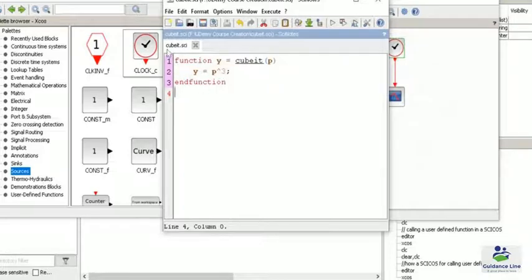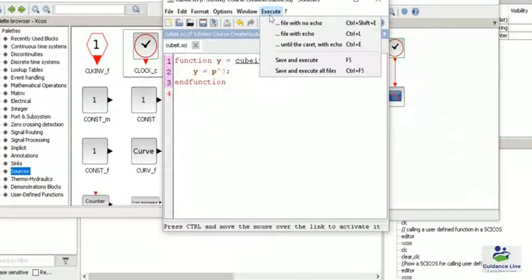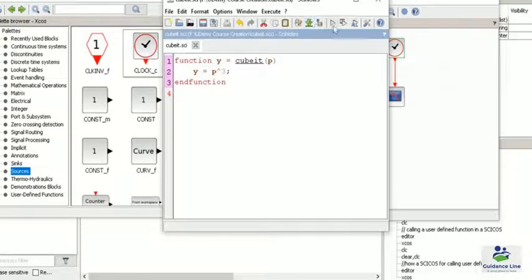The name of the function is qubit.sci, and I simply execute this function either by pressing execute present over here in the toolbar and clicking on save and execute, or I can simply click on this particular symbol present over here in the menu bar.